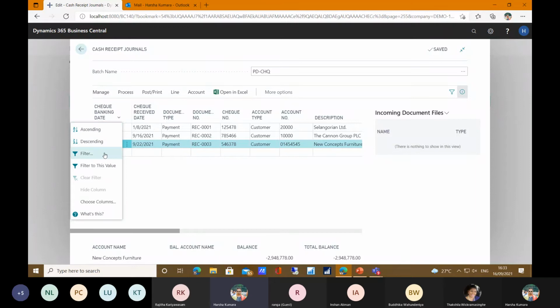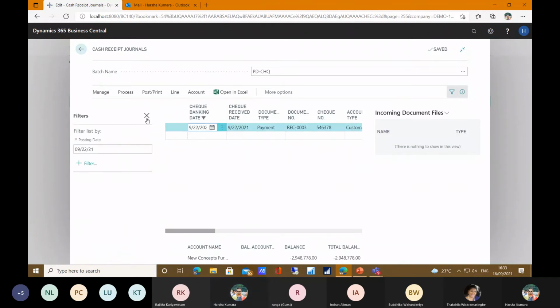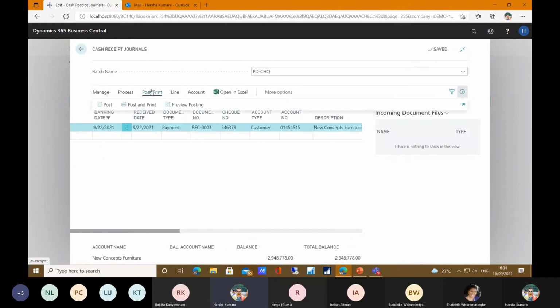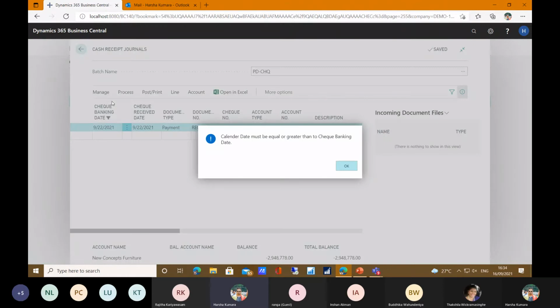He has to filter this check and go to post. Once they try to post, the system will validate it and show the error, calendar date must be equal or greater than check banking date. It means users can't post any check until the server date reaches this date.